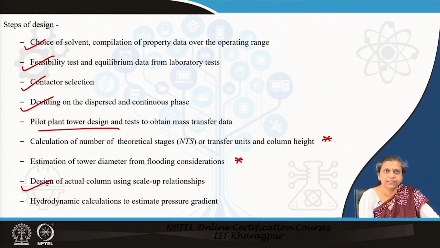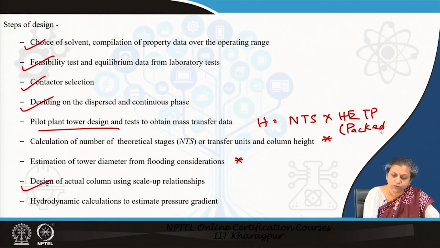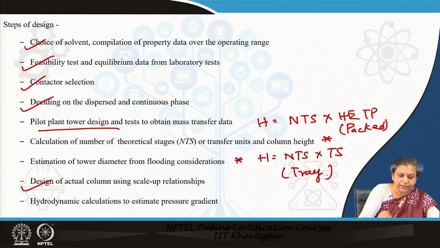And once we have decided that, then based on the plate efficiency that we have, we can find out the column height H, which will be equal to NTS into HETP for a packed column, or H equals NTS into tray spacing for a sieve tray column. So, accordingly we can find out the H, and the other thing which is left is the tower diameter from